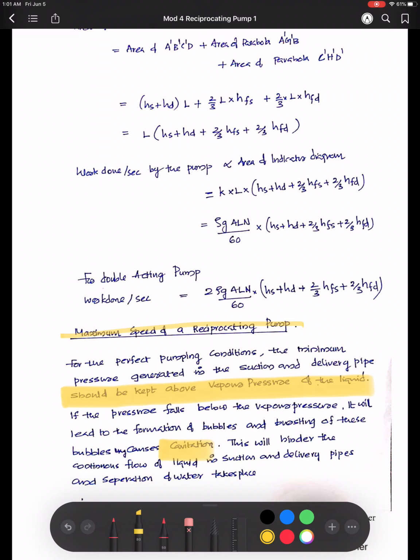As a result of this, there won't be any continuous flow, and this process is also called separation. And this separation takes place at the pressure head called separation pressure head, and it is denoted by H-sep. So I hope you understood what is separation and what is separation pressure head. And this H-sep is actually absolute pressure head. Keep that in mind. Absolute pressure head.